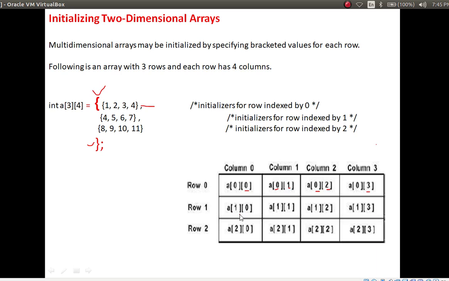But here it is going to change. Here 1 means row number 1, then column number 0, then column number 1, followed by second and third. In this way we have to represent initialization of a two-dimensional array.